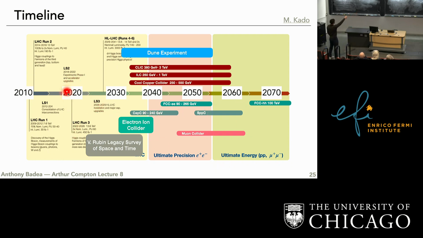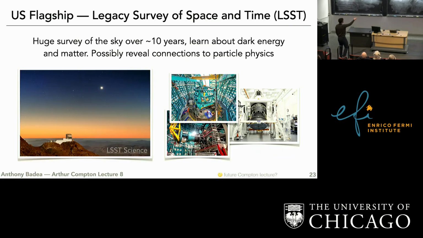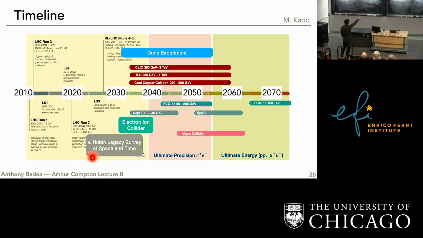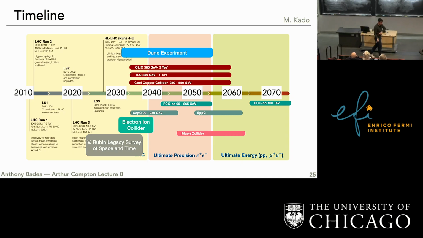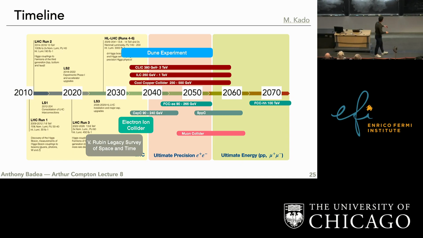But roughly the timeline is that we're somewhere right here, and the high luminosity LHC will turn on sometime at the end of the 2020s, so maybe 2028, 2029. Then that will run all the way up until roughly 2040, 2041. As that's running, the legacy survey will be running for 10 years. The electron ion collider will turn on around 2030 and run for around 5 years. And in the midst of all this, we'll have all the other experiments, the B physics experiments, the neutrino experiments, the muon experiments running also.